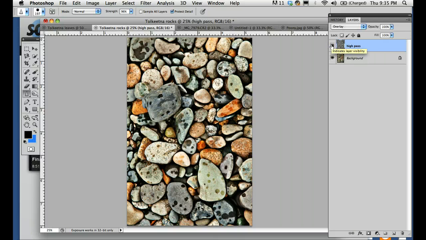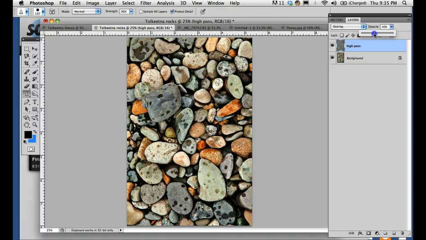So instead of walking through the whole process again, I can simply go up to my layer opacity right here and dial that down. I can grab the toggle and just dial it down till I get the effect I want. If I dial that all the way down to 0, there would be no sharpening at all. So I'm just going to play with it till I think right about there is the amount of sharpening that